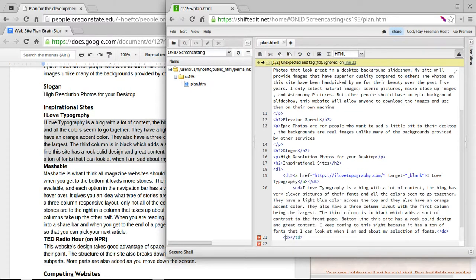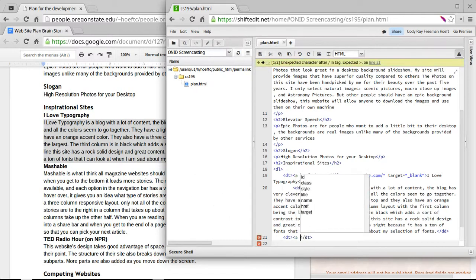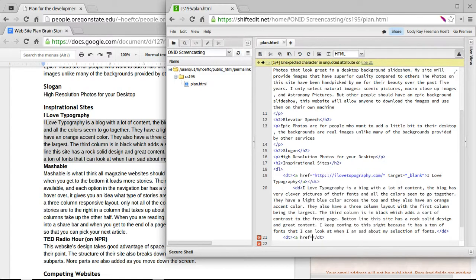Oops, that is the wrong way. We want dt, not td. Okay. So now we're going to do the same thing for our next site. A href equals quote. Oops. http:// and quote